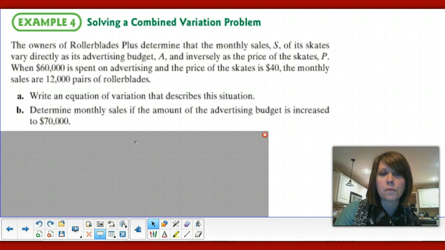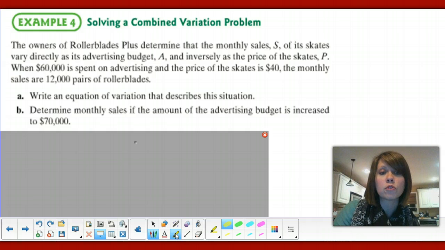Okay, let's do example 4. This is a combined variation problem. All right, so I'm going to get my highlighter out. And when you do these problems, you need to be looking for and noting the same kinds of things that I am. The owners of Rollerblades Plus determined that the monthly sales S of its skates